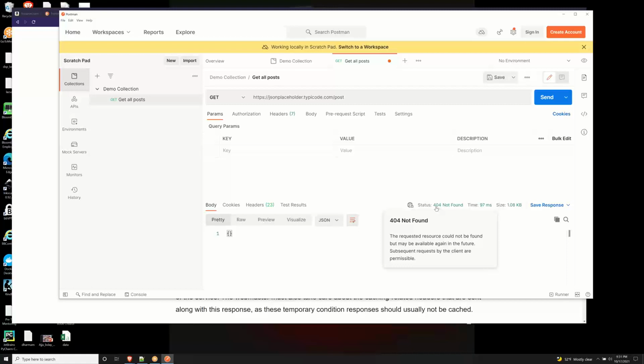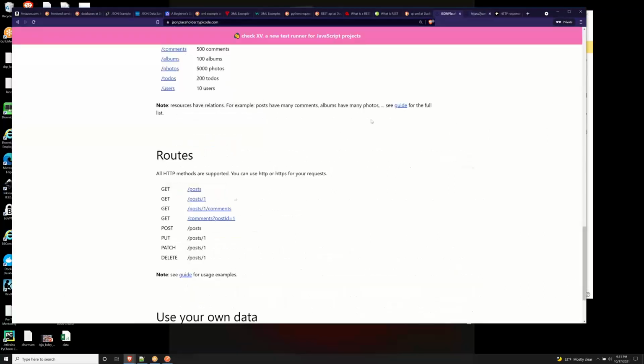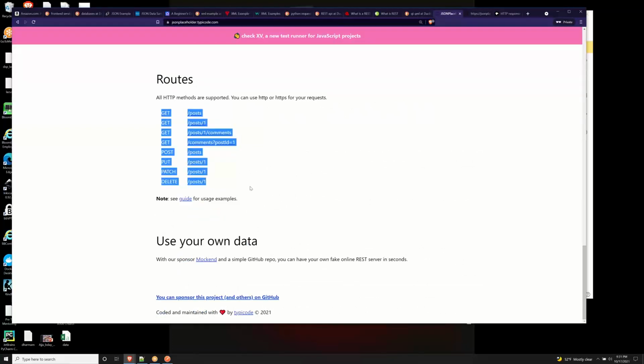Yes, so they will have a document. The document will say these are all the methods that we support. Hold on, if I go back here, something like this. They will say that these are all the methods that we support, and there might be other documentation of what it means. Here it doesn't say much, but the name itself indicates that it's going